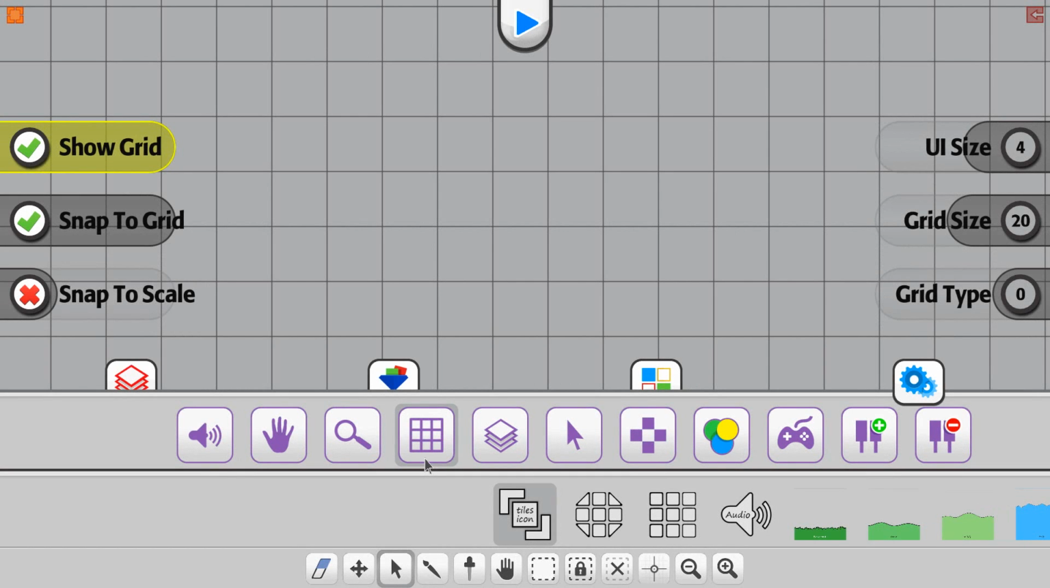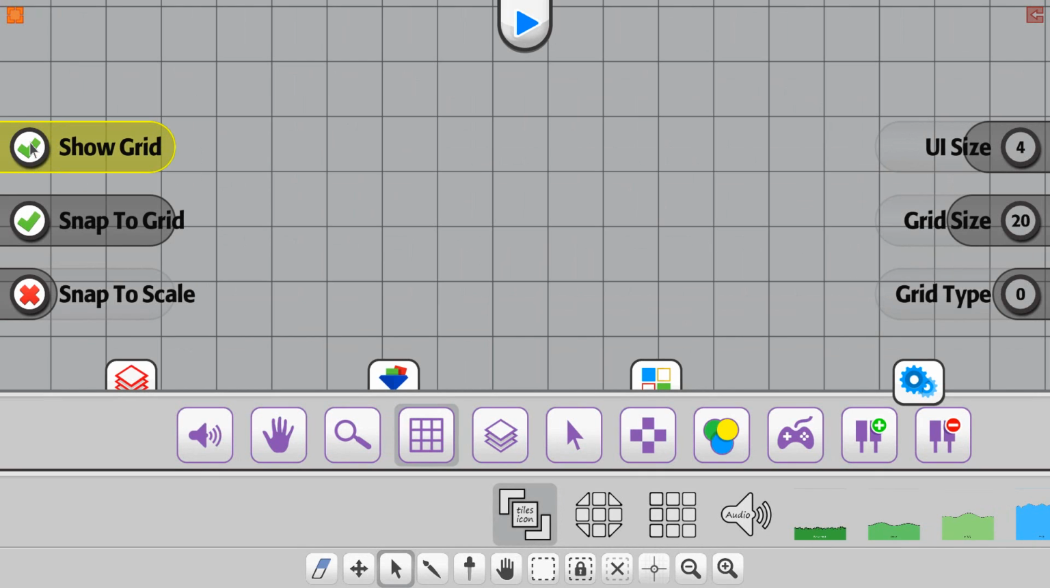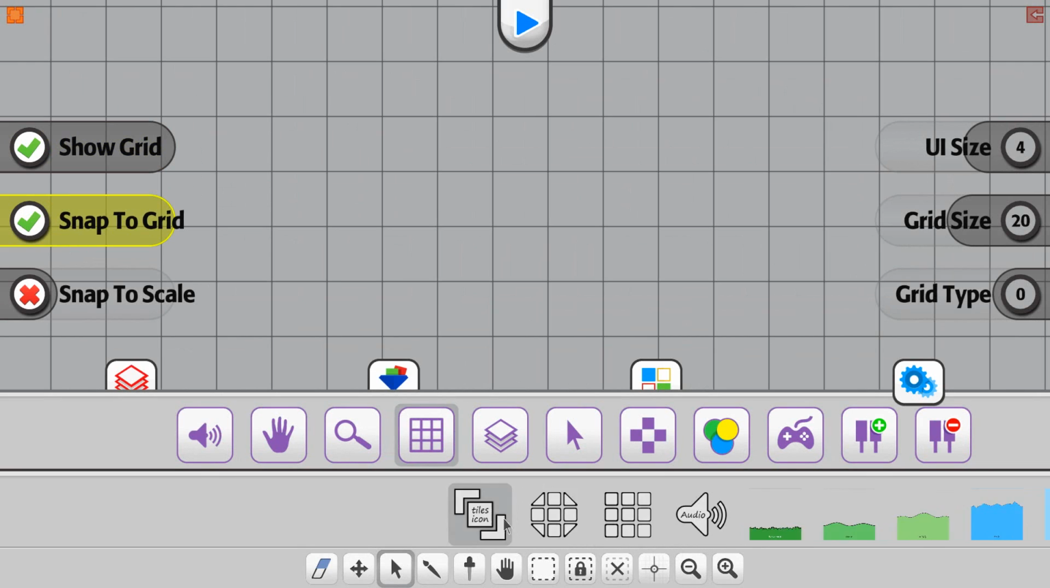Our next setting is the grid setting, and the grid setting is how we interact with the grid on the canvas. The first option that we have is show grid. We can toggle the grid on and off, so if we want to work without the grid, we can turn it off. We can toggle the snap to grid option on and off, and to demonstrate that, let's pull up